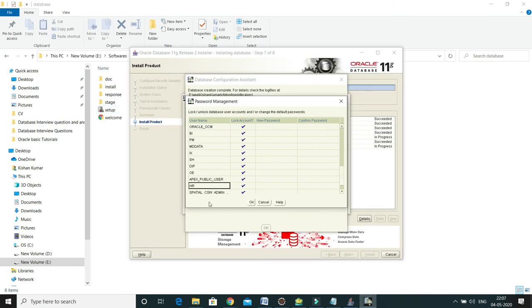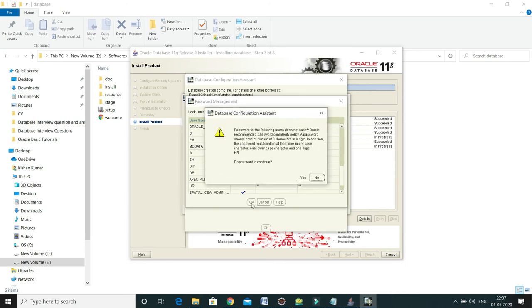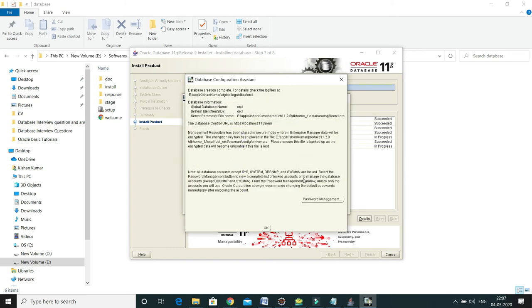One of the usernames is called HR, that I'm going to unlock. So click on this, so this got unlocked, and here you need to set the password. I'm going to set HR just for simplicity, and click on OK. Now this prompt says whatever password we are setting is not compliant with Oracle, so we can ignore that. Click on yes, click on OK.